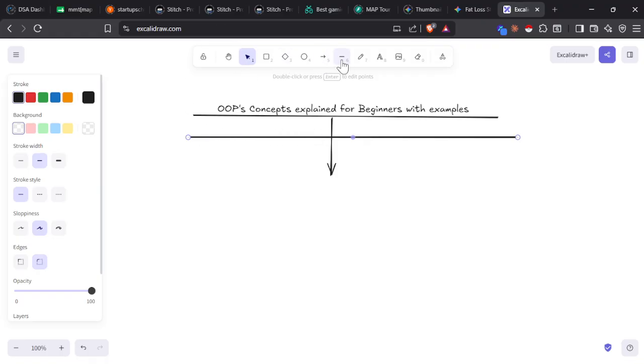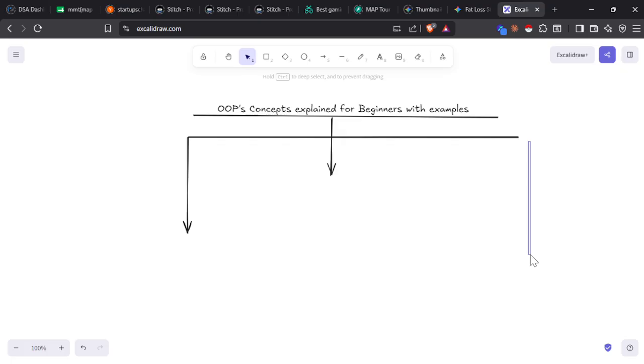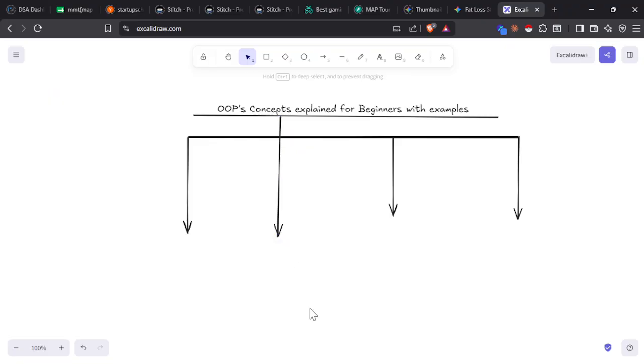So in the beginning, when computers started, there was a language you must have heard about,